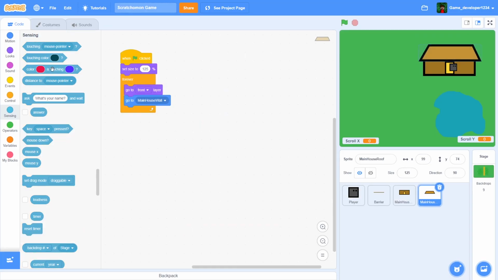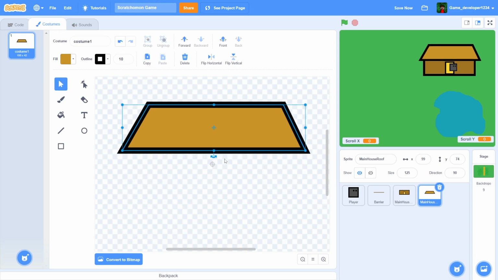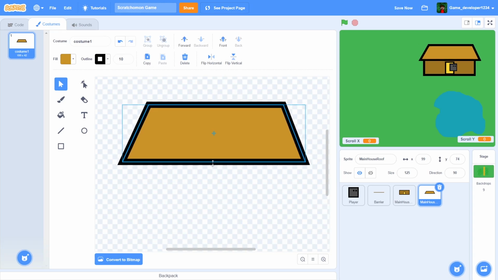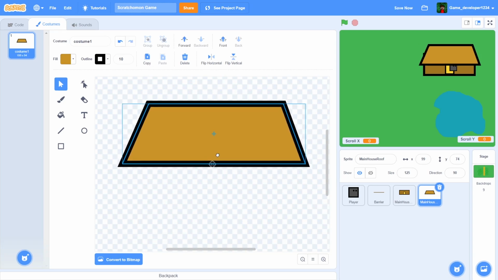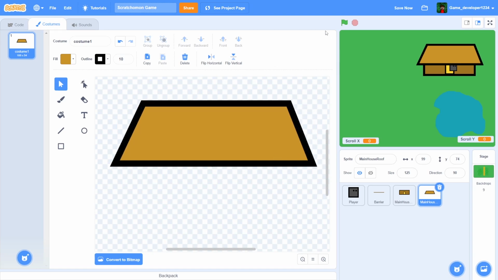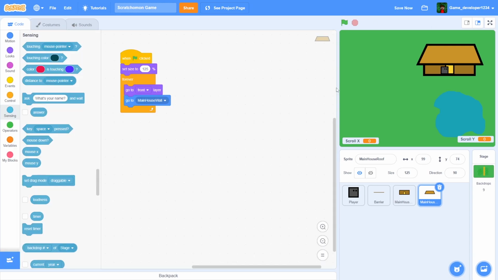Also, one thing that I think we do need to change, I think we need to make the roof just a bit wider and thicker, like that. So that looks much better. All right. Now,